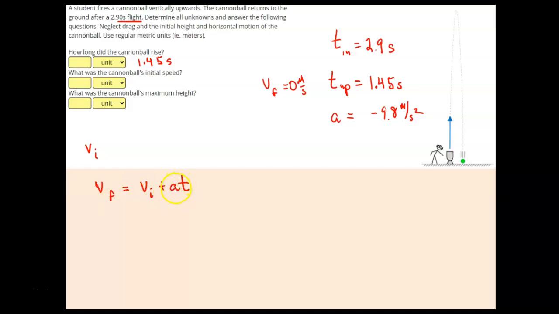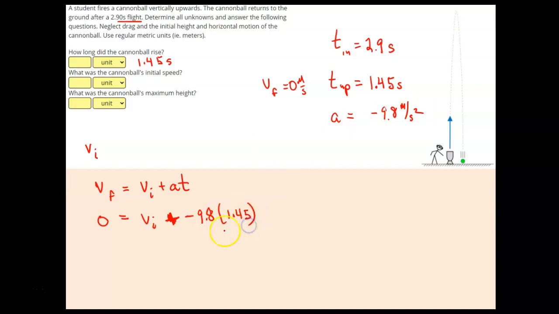This is basically acceleration equals the change in velocity divided by time. Well, we know at the tip top, our final velocity is 0. Our initial velocity is what we're trying to find. Acceleration is negative 9.8 meters per second squared. And time going up is